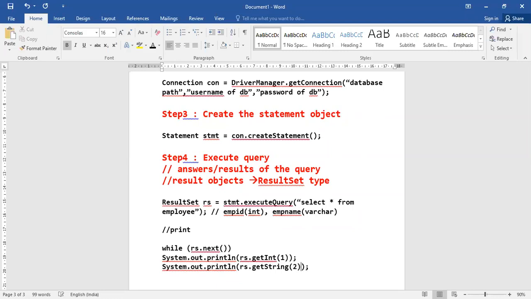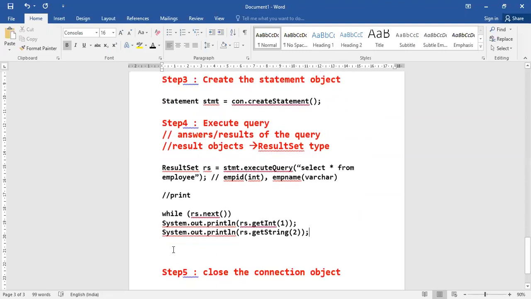String. Which field is it? That is my second field. So this is how you print your results. Simply give an rs next. Okay, I'll just give it in a, okay, looks better now.